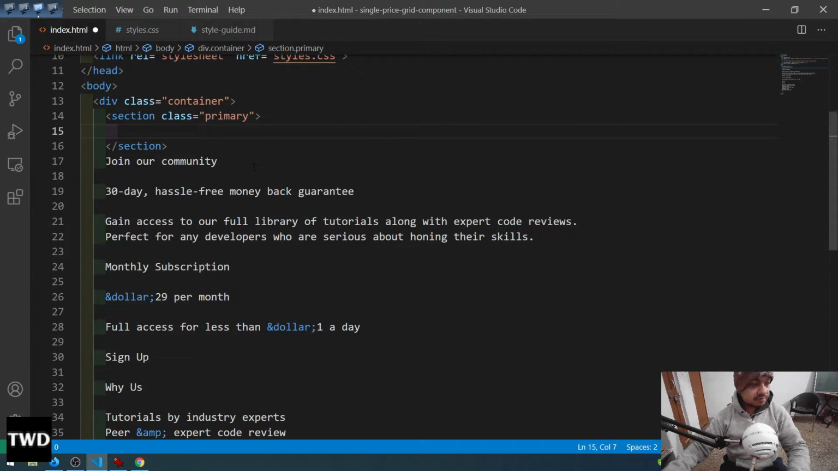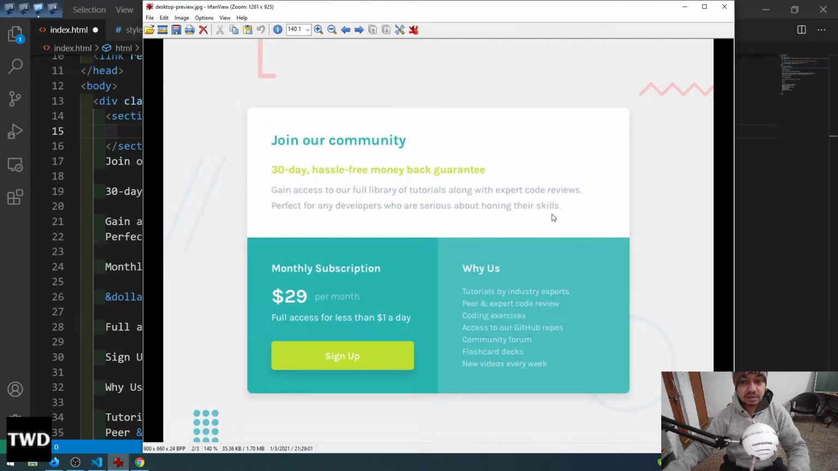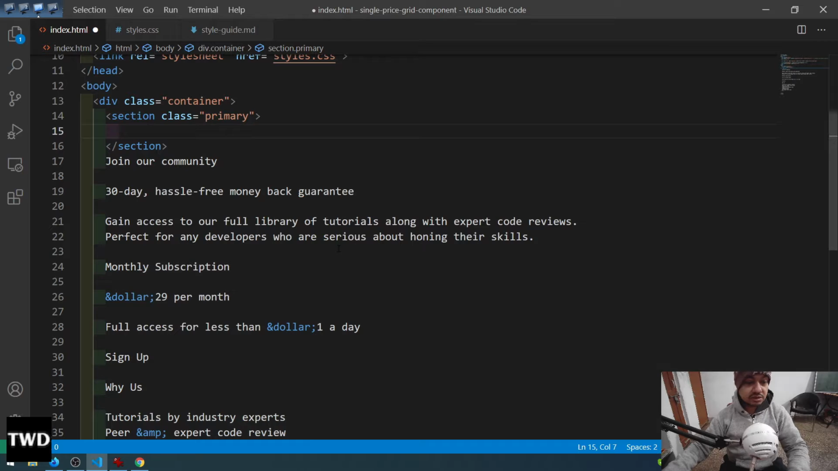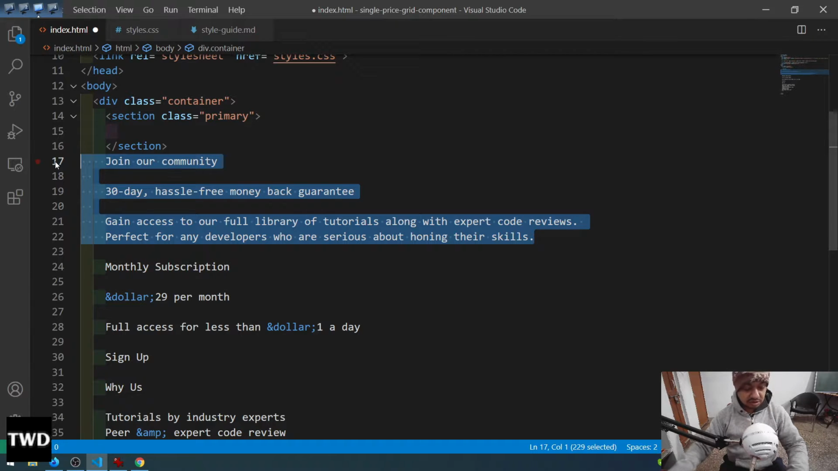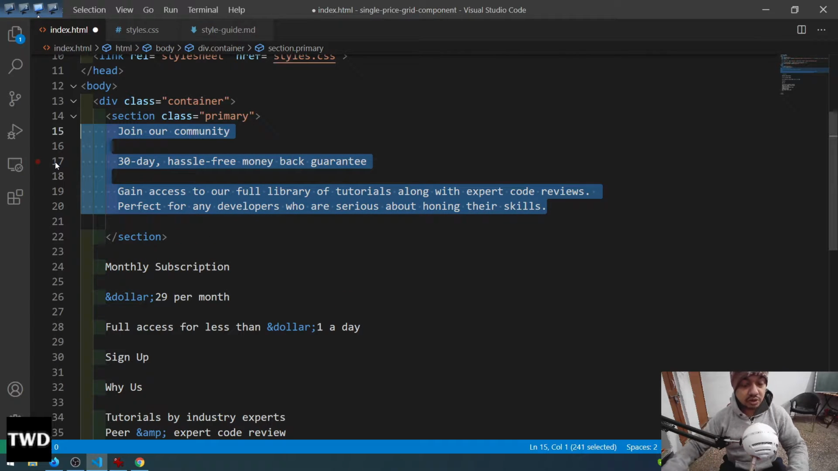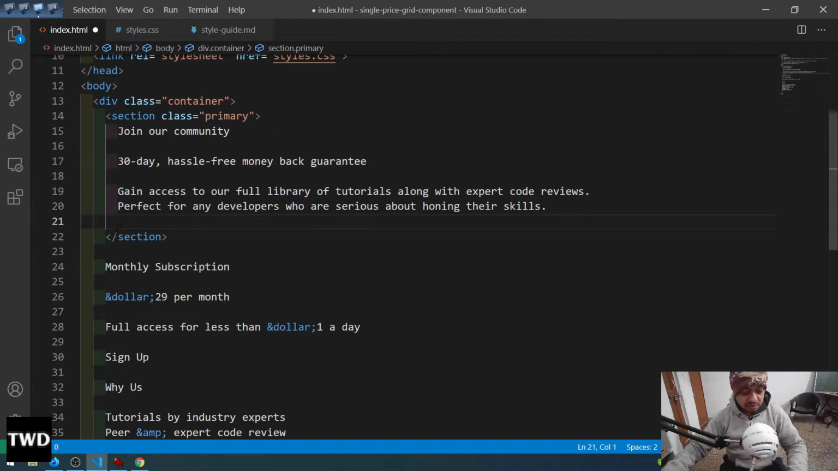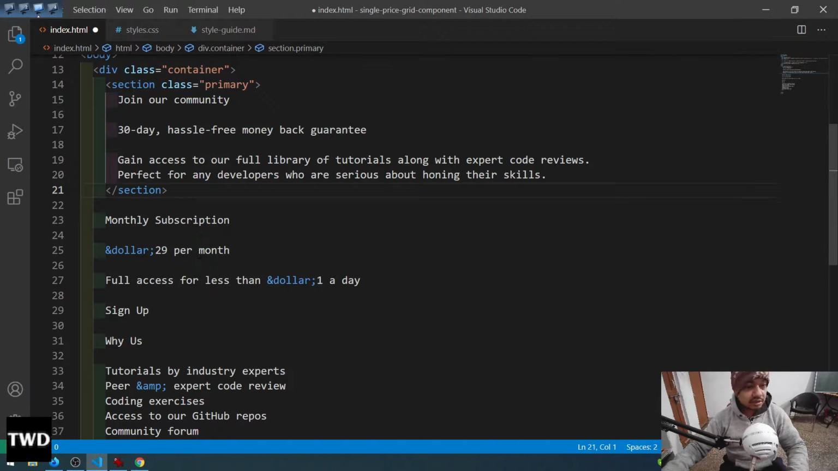So how much is there in section primary? There is skills, yeah, skills is this much. This is join the community. Let me move it up with alt up arrow. With alt up arrow you can move anything. Then